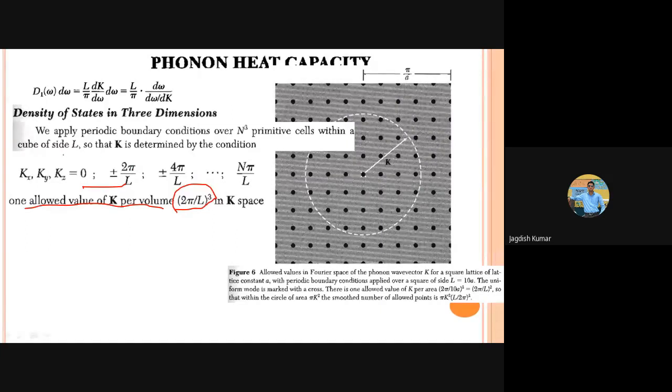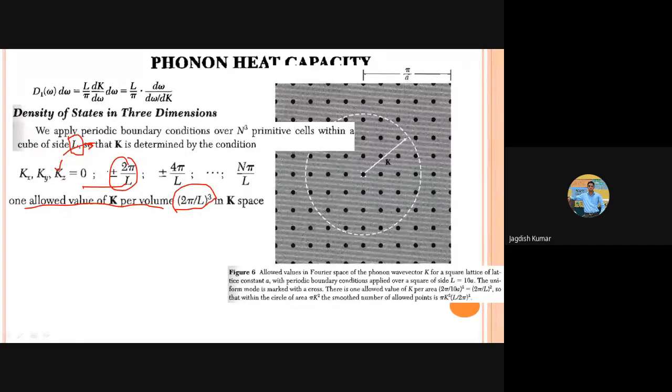This is the reciprocal lattice for a crystal having size L, because what is the reciprocal lattice? Nothing but Fourier space, Fourier lattice, right? So that will constitute a cubic arrangement of points, because along the x direction, the length is 2 pi by L, along the y direction also 2 pi by L, along the z direction also 2 pi by L. So you have one point along the x direction at a distance of 2 pi by L, another point along the y direction at the same length, another point along the z axis at the same distance.